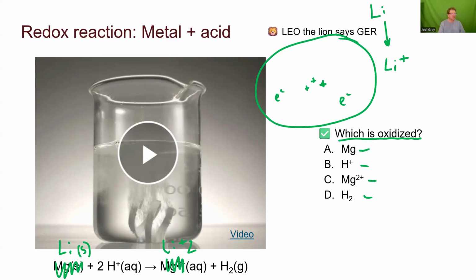Absolutely. This is oxidation. What I would recommend is whenever you see a problem like this, where I put my star, I would just substitute something like lithium because it's simple. You can draw it really quick, or you can put something like this on your index card. So now, switching these from magnesium to lithium, Li gets oxidized when we move from the left to the right. It's dissolving in that solution. Therefore, H plus gets reduced. If H plus gets reduced, what does that mean? Well, that means it's the oxidizing agent.